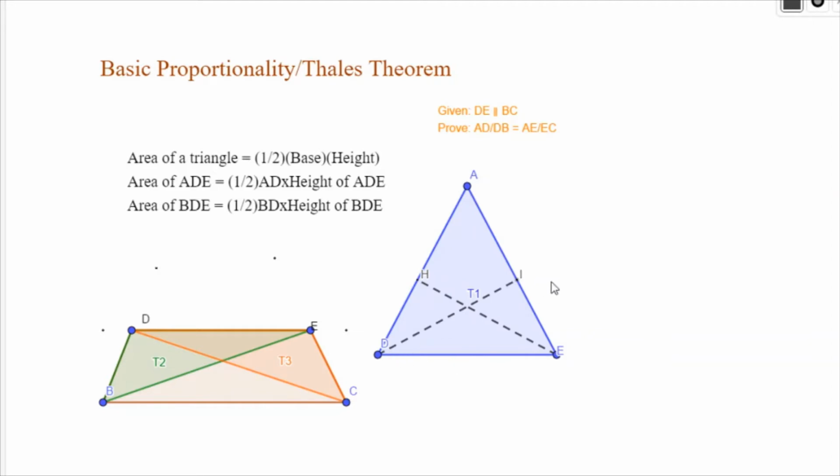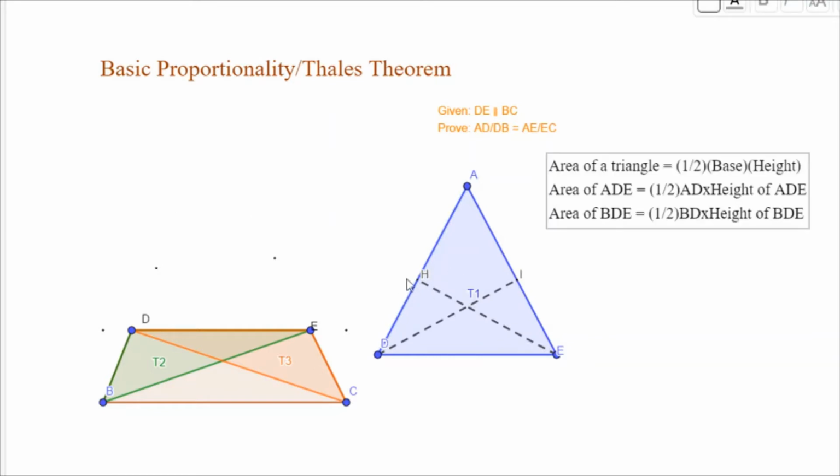Likewise, DA will be the height of the triangle ADE if you consider AE as the base. So when you calculate the triangle area using AE as the base, you need to consider the corresponding height, which is DA. Likewise, if you calculate the area of the triangle ADE with AD as the base, EH is the height you need to consider. Now you have two different bases and two different altitudes for triangle ADE.